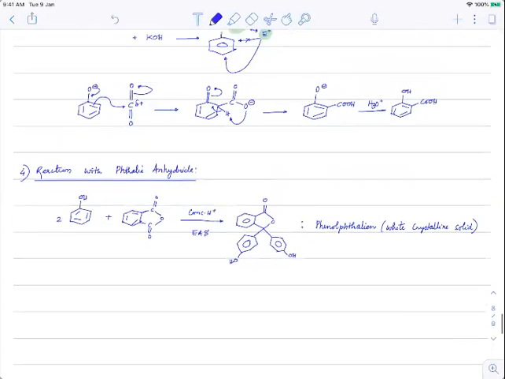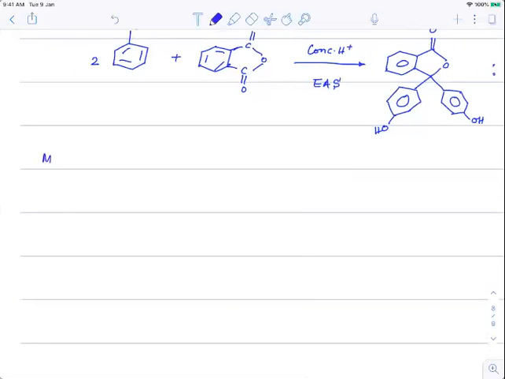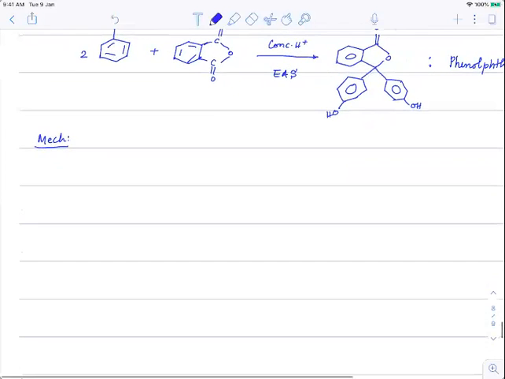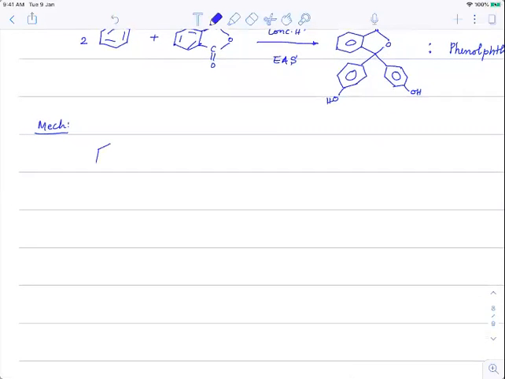Okay, beta. Now let us see the mechanism, how it is happening. So first, phthalic anhydride in acidic medium. Immediately the lone pair. You can take it from the top or the bottom, it doesn't matter. I am taking it from the bottom. So here we'll take this as lone pair there. So we'll have this double bond O and double bond OH plus and oxygen. This is how it is present.